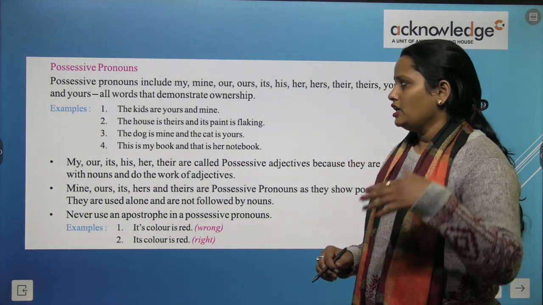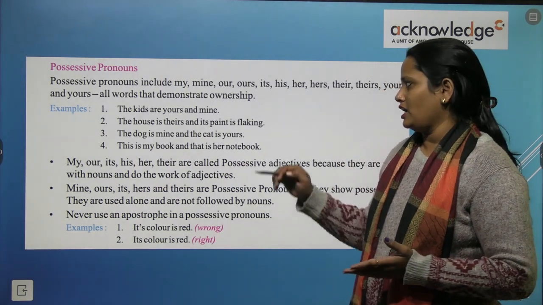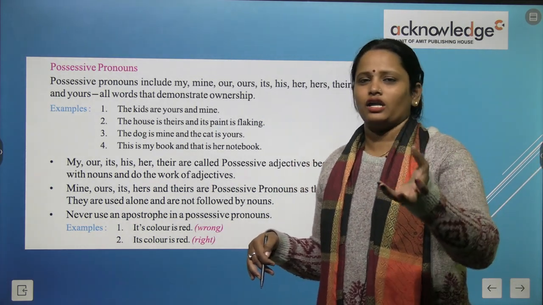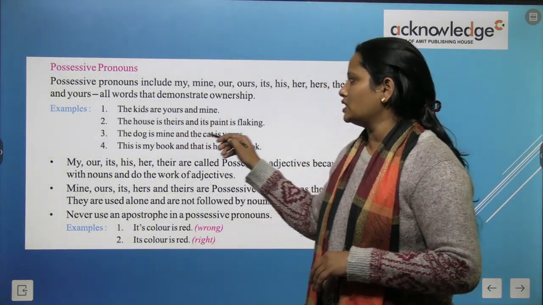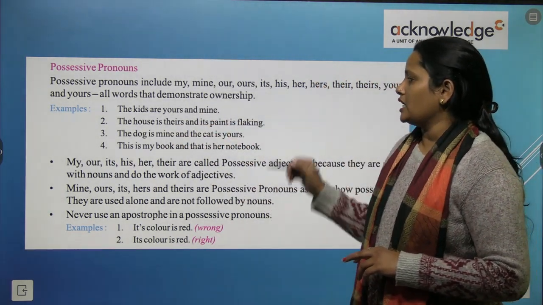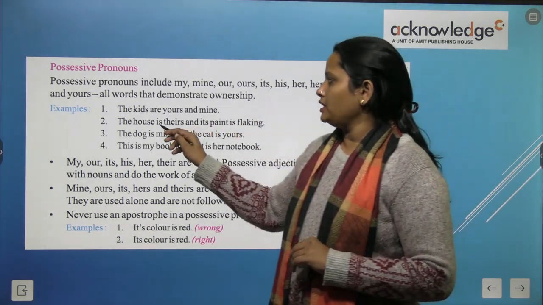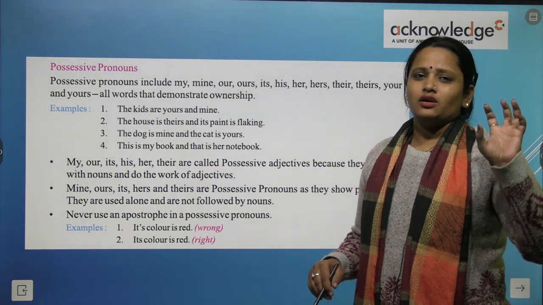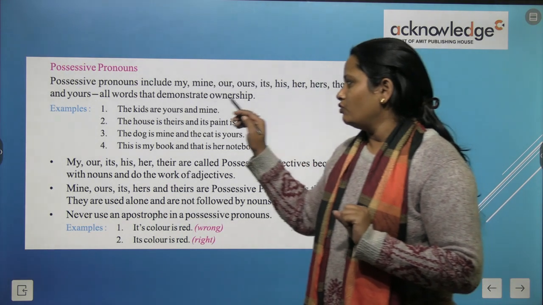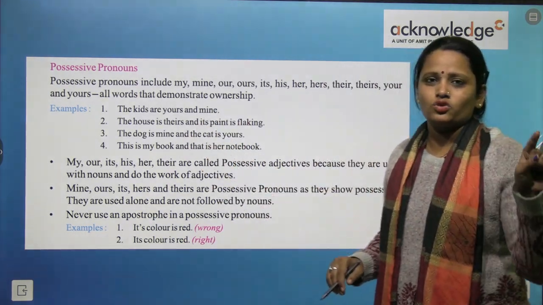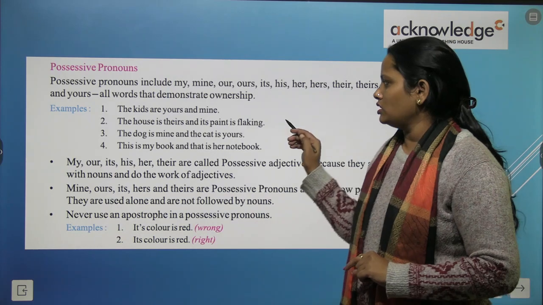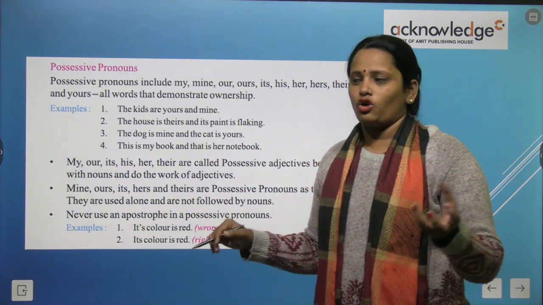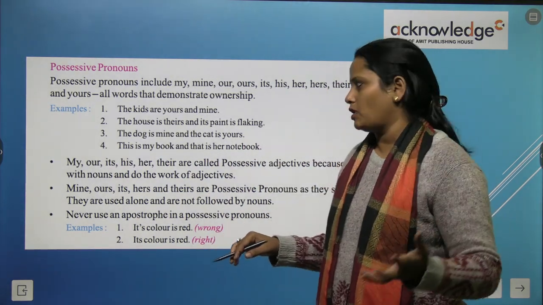For example, the kids are yours and mine. ये जो बच्चे हैं ये तुम्हारे हैं, yours means तुम्हारे हैं, and mine means मेरे हैं। Means यहाँ पे possession की बात हो रही है कि बच्चे किसके हैं? तुम्हारे हैं और मेरे हैं। The house is theirs and its paint is flaking. तो यहाँ पे ये घर किसका है? उनका है। तो यहाँ पे घर की बात हो रही है, मीन्स वो घर कौन पॉजेस करता है? वो लोग पॉजेस करते हैं। Theirs means वो जो लोग सामने खड़े हैं उनका है। So here we are talking about the possession of something. The dog is mine, डॉग मेरा है। And the cat is yours, कैट तुम्हारी है।